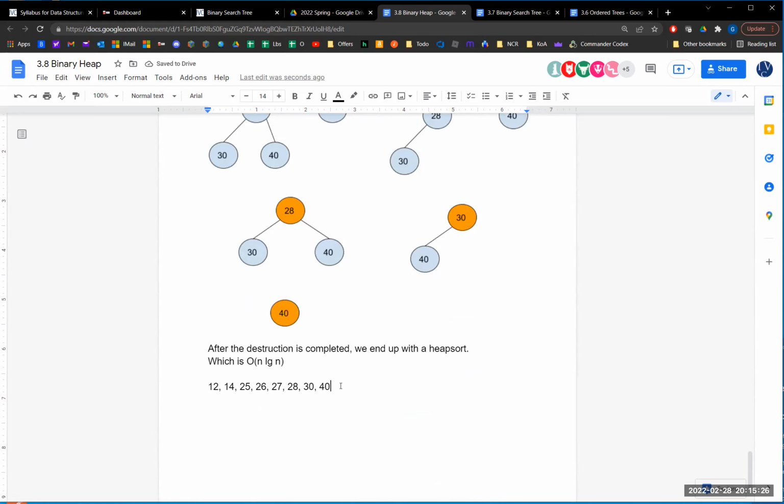All right, we deleted 8 data points. Deleted 12, then 14, then 25, and we have a heap sort. Right, the functional cost is 2n log n, so it's typically not actually used as a sorting algorithm,